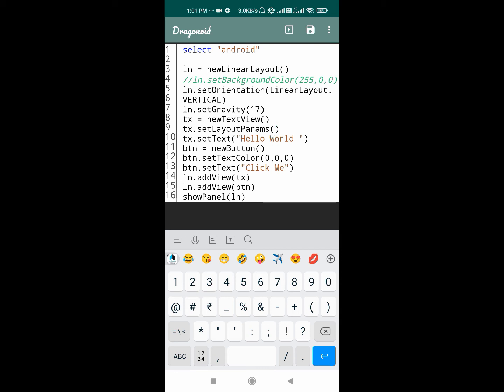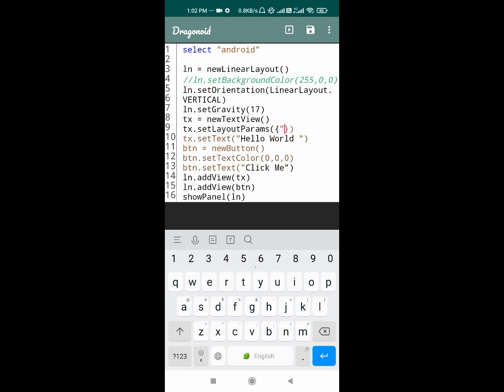As you know, Dragon Android GUI doesn't have XML, so we can use this function to add additional layout parameters like layout width, layout height, gravity, or anything we want. This function requires one parameter, which should be a map. So we are going to add a map